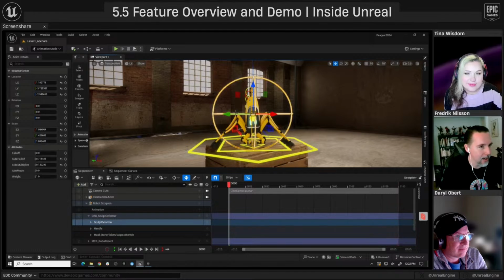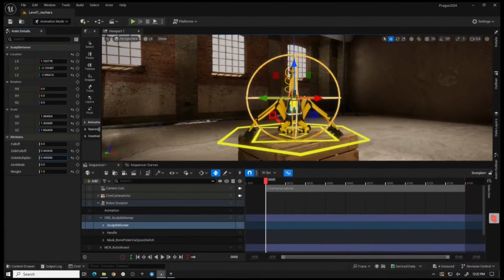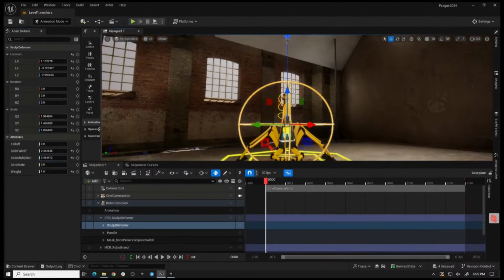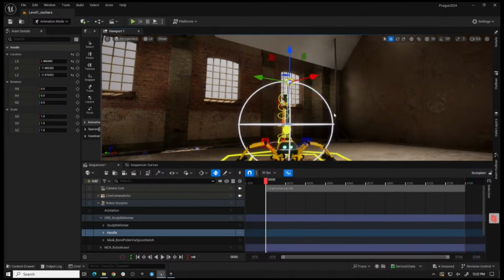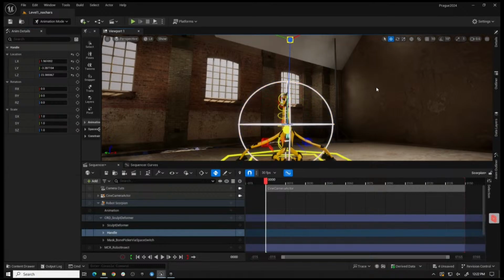And if I click on it and look at these controls over here, the side falloff. Just to show you what they do, side falloff is how deep into the model you want that volume effect to go. Side multiplier is how exaggerated you want that. So if I crank that up and I move, now you see it should be more extreme. Let's see if I can crank it up even more. Whoop, now it starts to invert because it's just too much. But now you'll get more squash and stretch out of it.